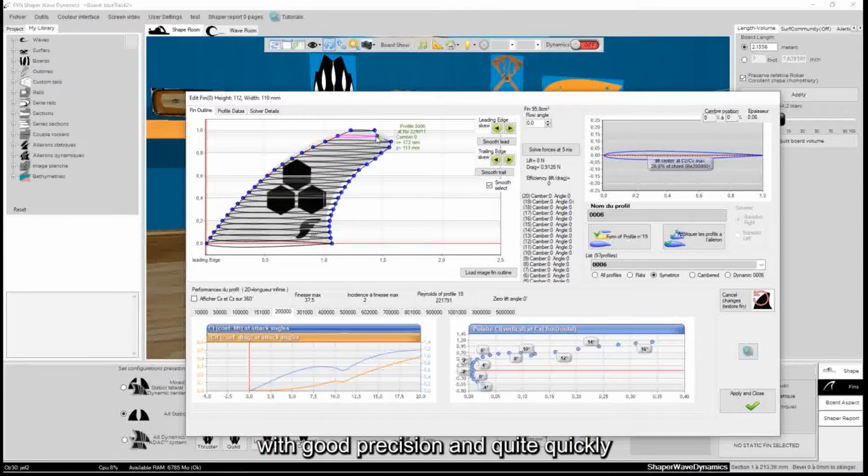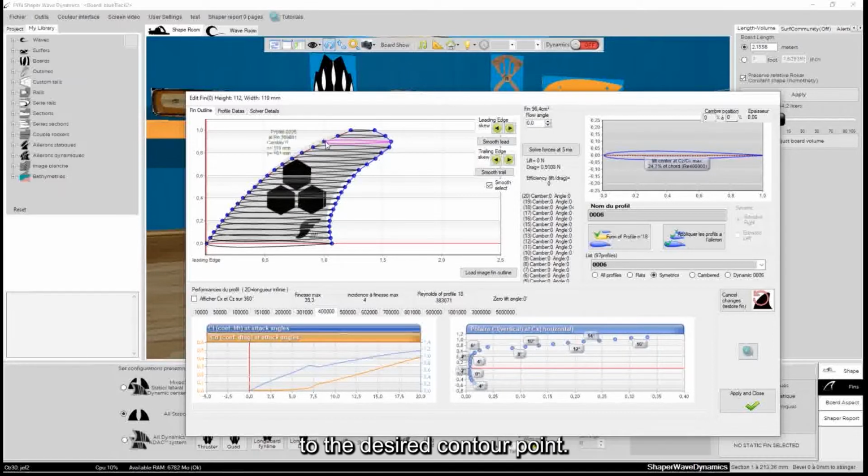This allows you to go with good precision, and quite quickly, to the desired contour point. So we're going to adjust our outline like that to get our fin.